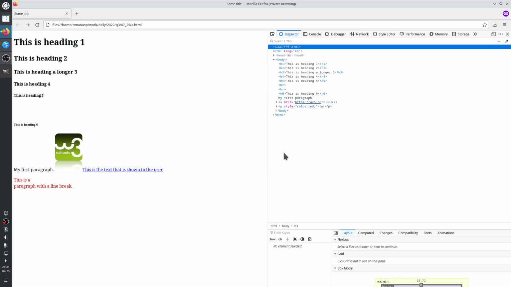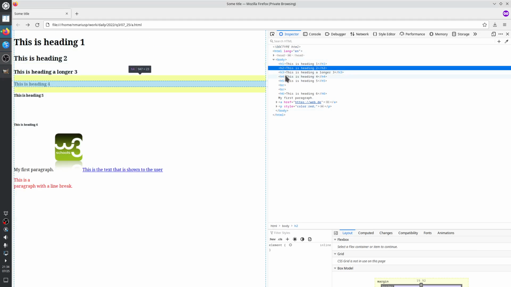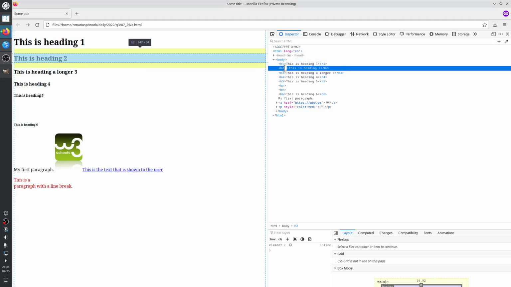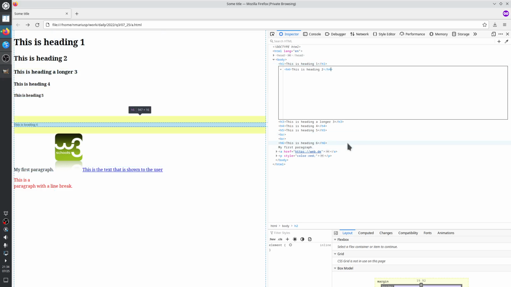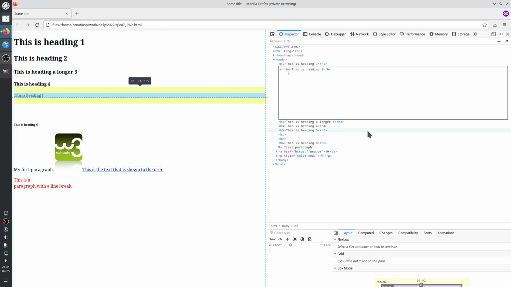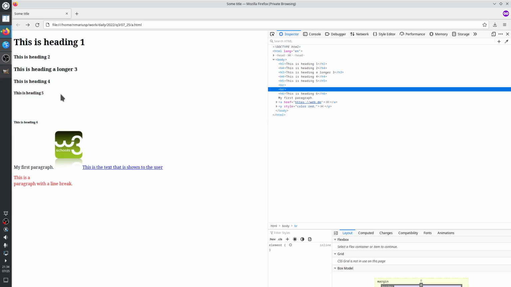Okay, so if you want to know, let's load the page inside of the web browser and see what happens if we change this h2 to something else. Right click, edit HTML. What if we change it to h4? What would happen? So, like a draft, you could have your draft version of the page inside of the web browser's inspector. It looks like this. So heading 2 now is way